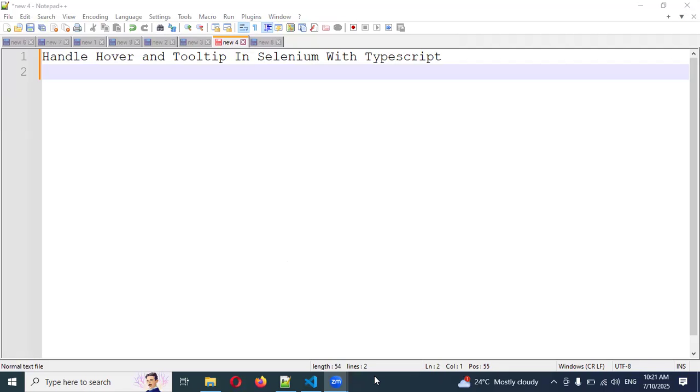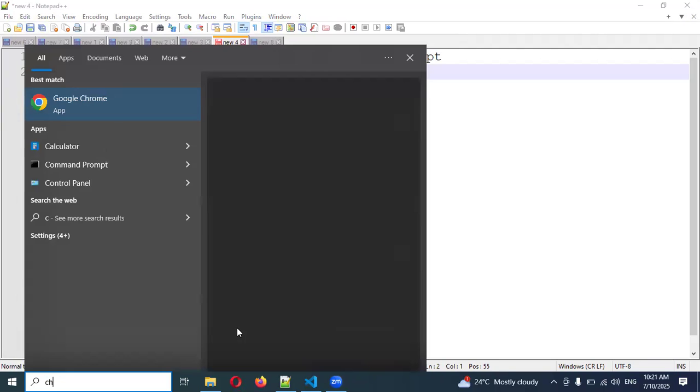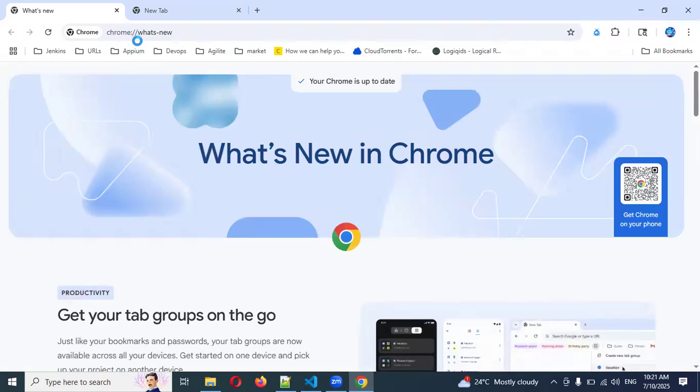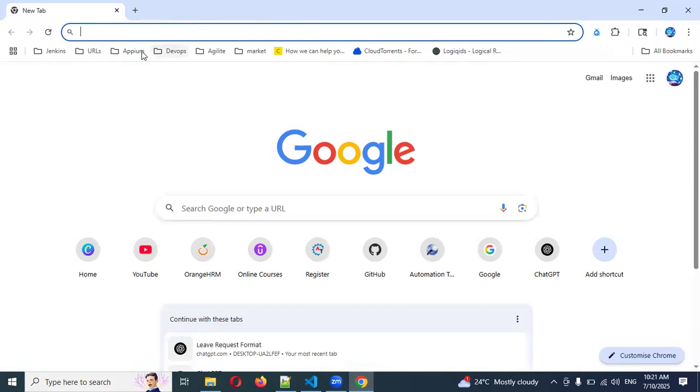Hi friends, welcome back. Today we are going to discuss hover and tooltips in Selenium with TypeScript. Here we are going to check one particular website, to see how we are able to do hover. After doing the hover, we are going to get some